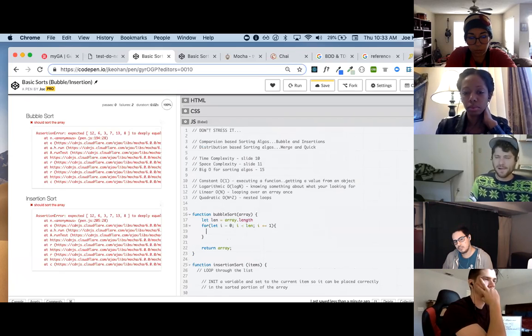Now that we're in this loop, I need to do a second loop. Now, the intent is this. We're going to be comparing each of these elements, and when we're doing that comparison,